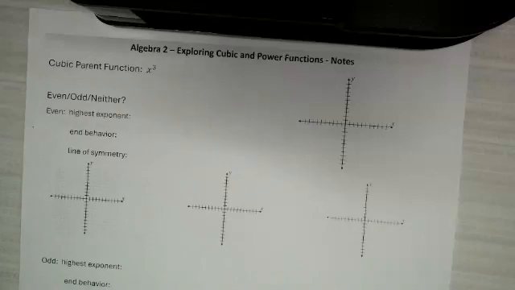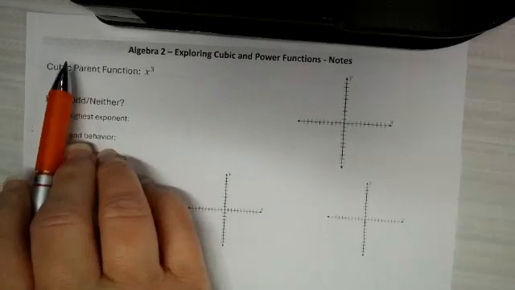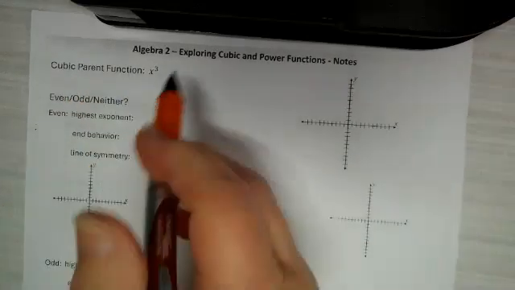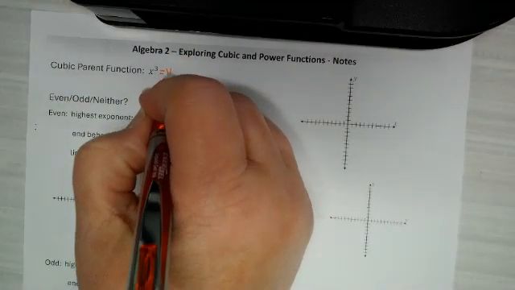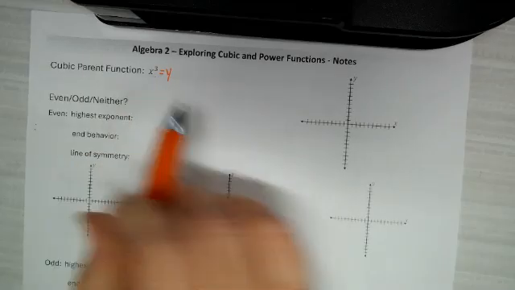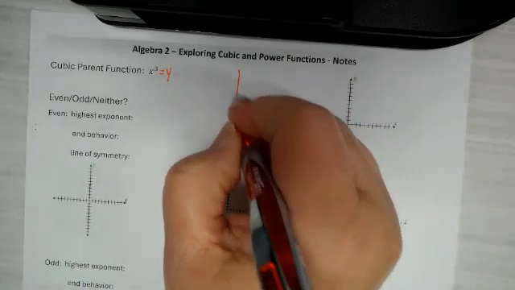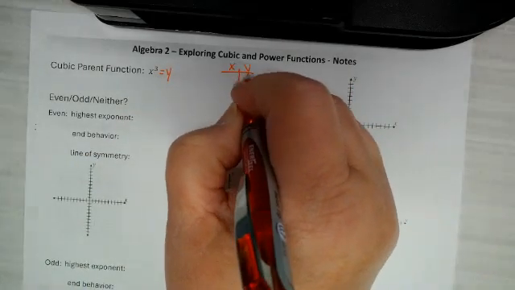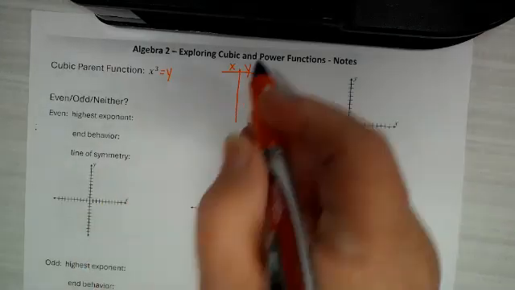In this lesson, we're going to explore cubic and power functions and their graphs. So let's start with the cubic parent function, which is y equals x to the third. If I made a table and tried to figure out some points that were on this graph, I might